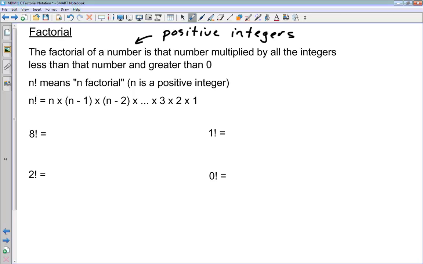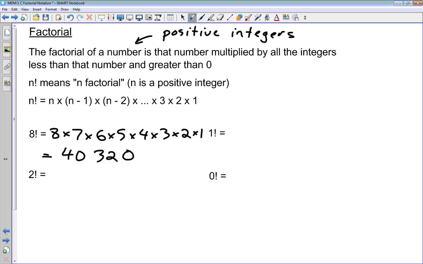So n factorial is n times the number less than that, n minus 1, times the number less than that, n minus 2, and so on, all the way down to 3 times 2 times 1. So it's a string of numbers multiplied together. For instance, 8 factorial here would be 8 times 7 times 6 times 5 times 4 times 3 times 2 times 1. And we can punch this into our calculator, most calculators have a factorial button, and it'll spit out the answer,